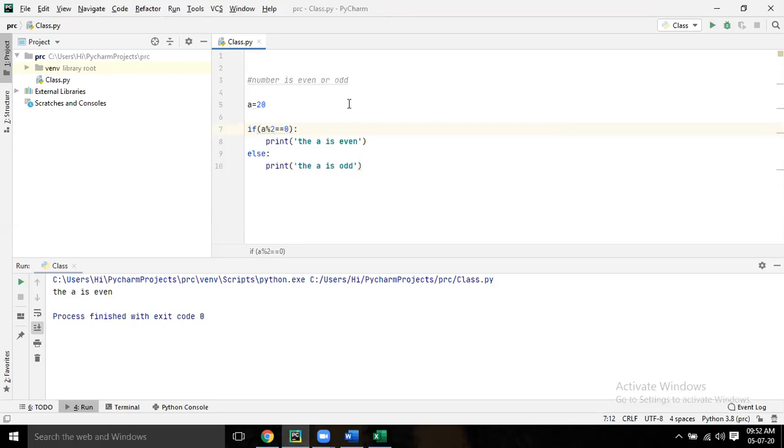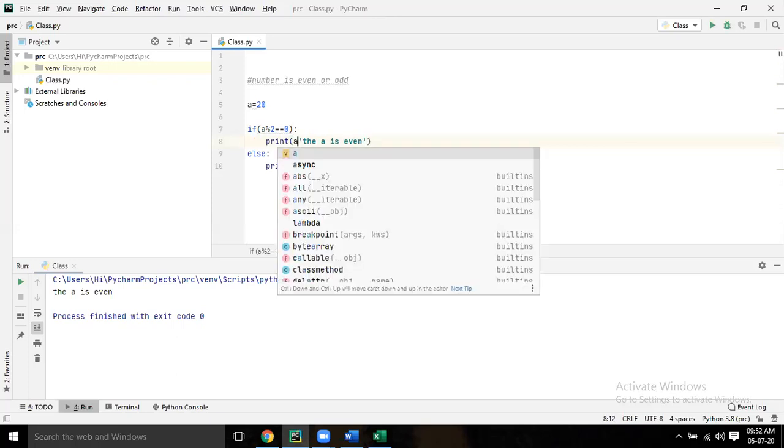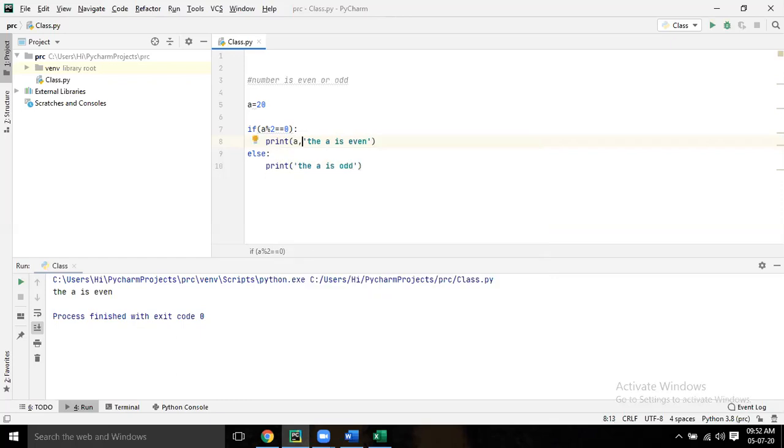Simple. Just write 20 is even. How to write? Print. In the print, before this, write A, before the single quote. A, comma. Then is even. Only write is even. A is even.